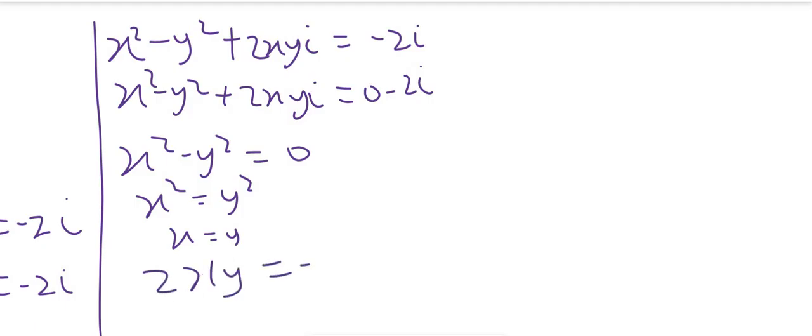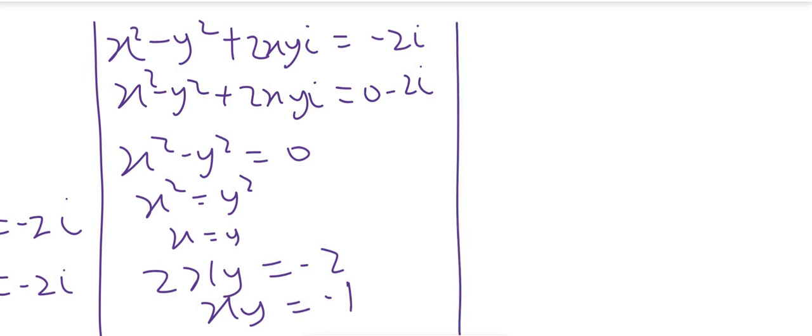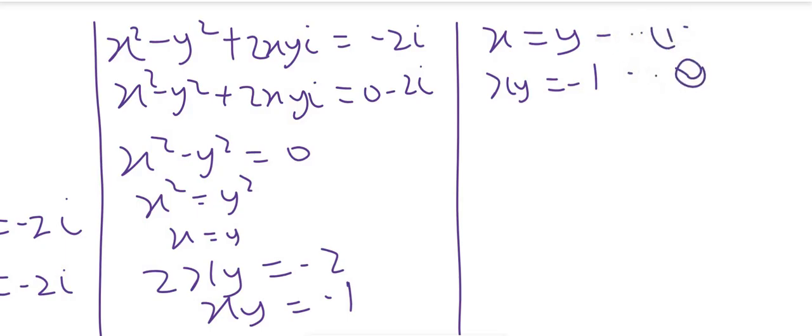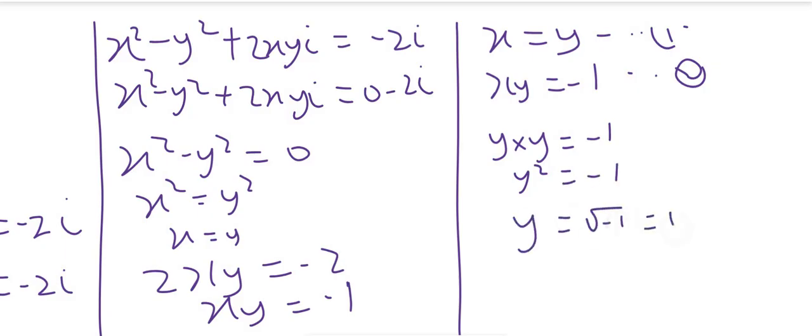The imaginary part, I have 2xy equal negative 2. So xy equal minus 1. So we need to solve this: x equal y and xy equal minus 1. Let's call these equation 1 and equation 2. If I substitute x to be y, I have y times y equal minus 1, y squared equal minus 1,